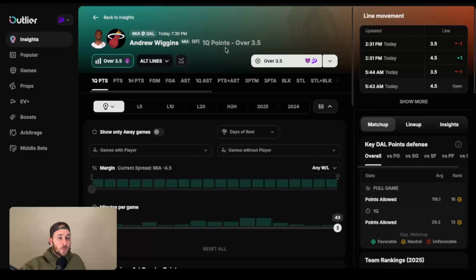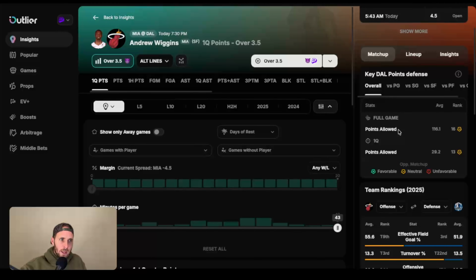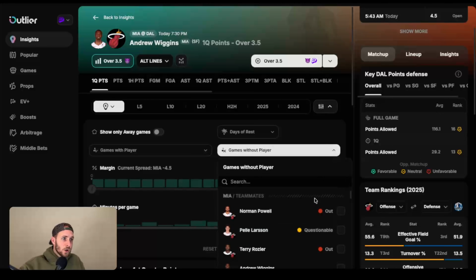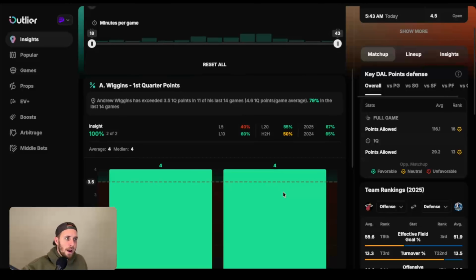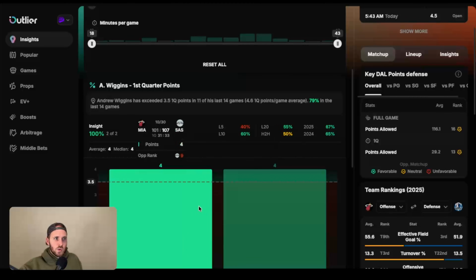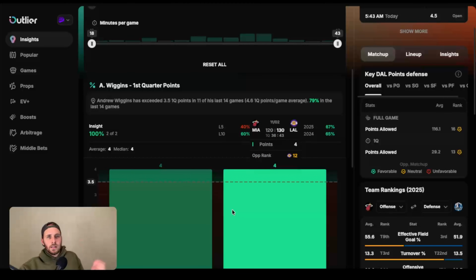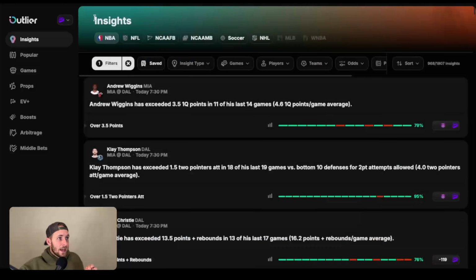So again, for this first quarter points to go over 3.5, what we have here is full game and first quarter points allowed. So as you can see, this is a pretty neutral matchup, but what I'm recommending is seeing, are there any players that are already out? Well, you can see Norman Powell is out for this game. Well, how has he done when Norman Powell's been out? You can already see in these 2 games, he's cleared this line anytime Norman Powell has been out this season. So again, treat these insights just as basic information and getting you started,